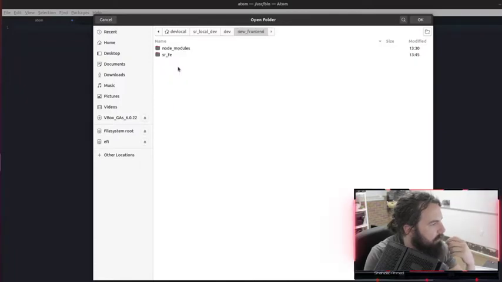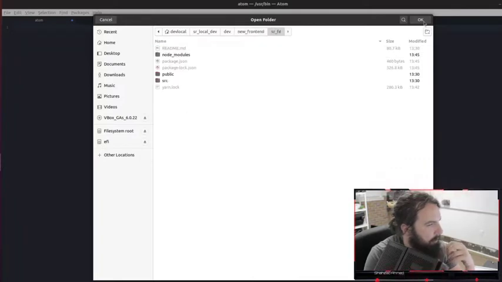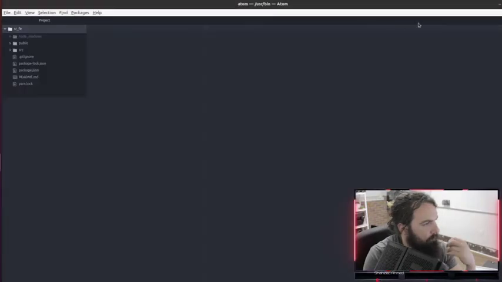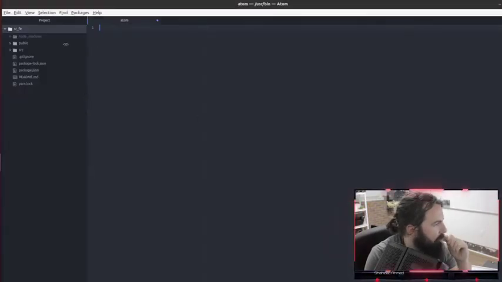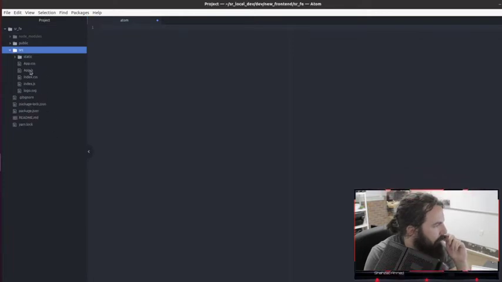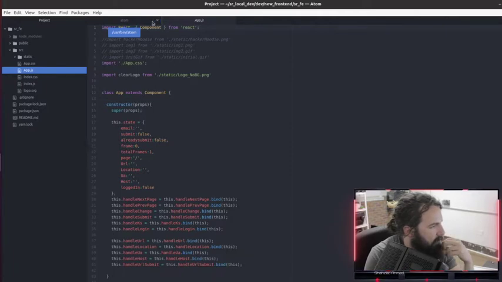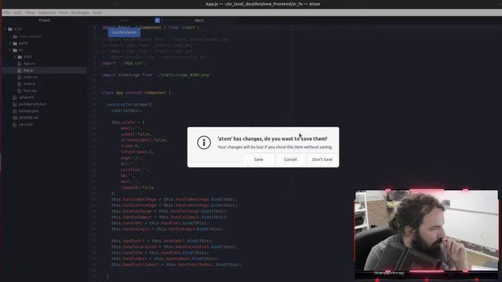So we're going to open new front end as its own project folder. I'll do it that way. Alright, now we're golden. So we're mainly going to be messing with app.js today, I believe, and we're going to be messing with, no, I don't need to save that.